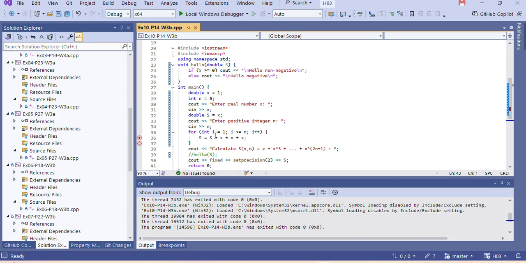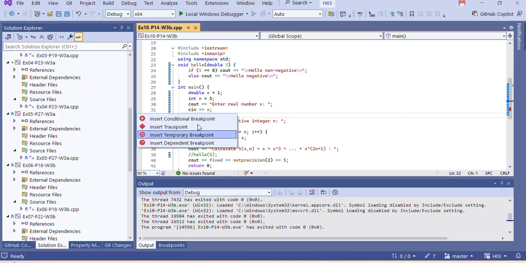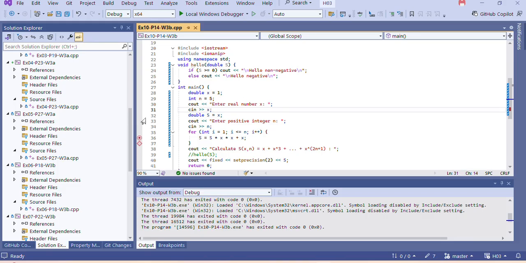For the next one, if you want to stop the program at a certain line, then you can set a breakpoint before that line. Like here, if I want to stop at this line, double s equal to x, I will set a breakpoint here. You can right click to automatically set it, or left click to choose to insert what type: the conditional breakpoint, a trace point, or a temporary or dependent breakpoint. So I will just right click it, and now